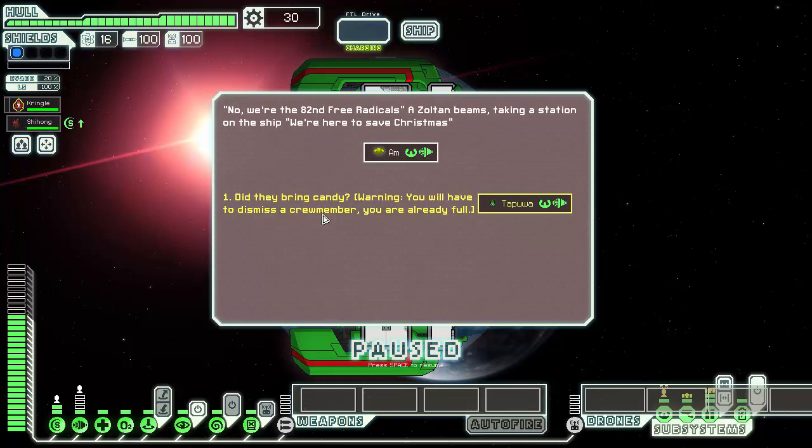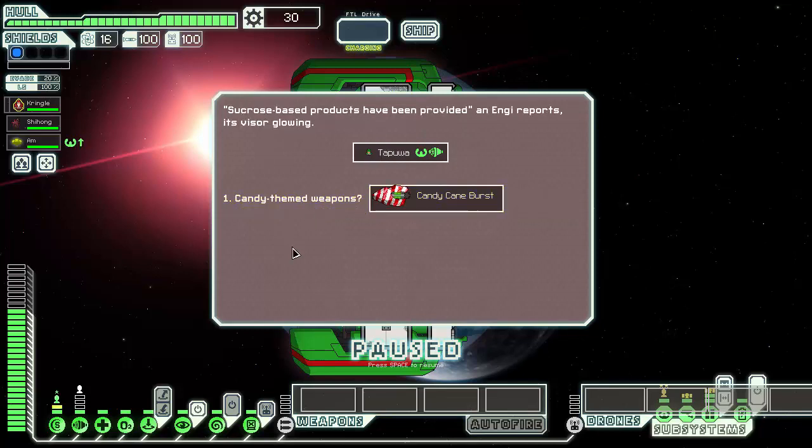No, we're the second year Free Radicals, Zoltan beams. Taking a station on the ship. We're here to save Christmas. Did they bring candy? Sucrose-based products have been provided. Energy reports its visor glowing. Candy cane burst. Is this from...